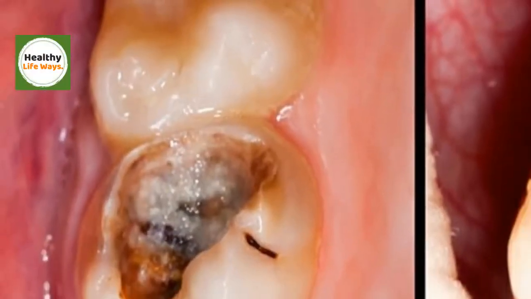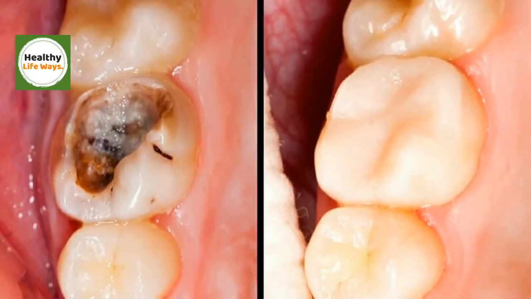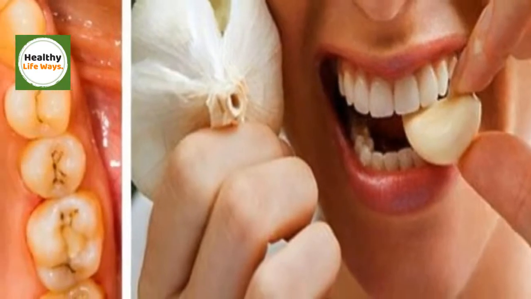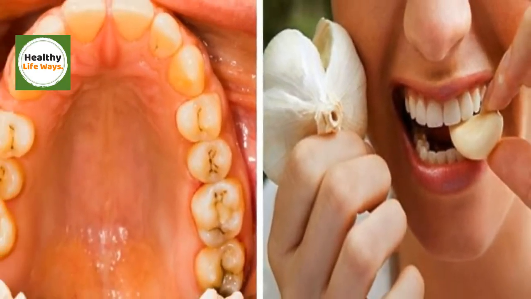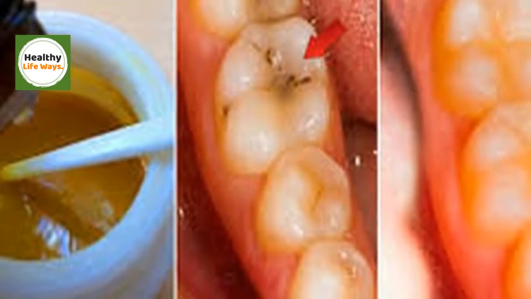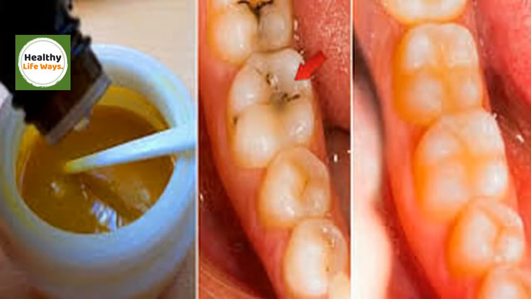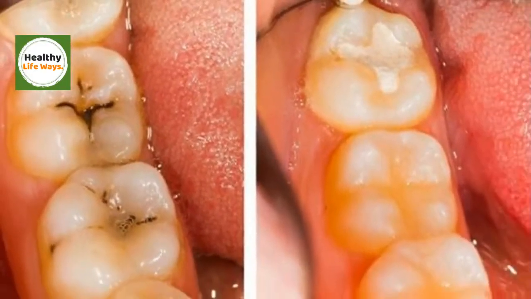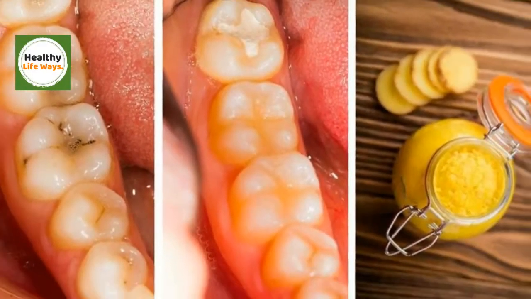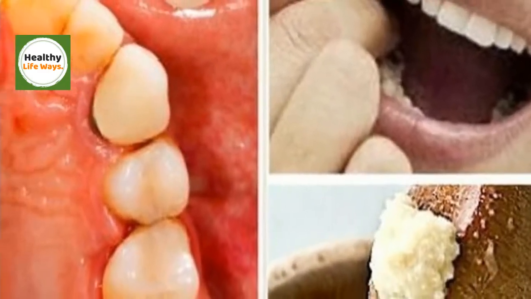Cavities or tooth decay is a breakdown of teeth due to the activity of bacteria which chips away the tooth enamel. This can damage the inner layer called dentin and cause damage to the structure of the tooth. Most people treat their tooth problems at a dentist, but you should know that you can reverse cavities and heal tooth decay naturally. According to a recent study published in the British Medical Journal, cavities can be reversed by a